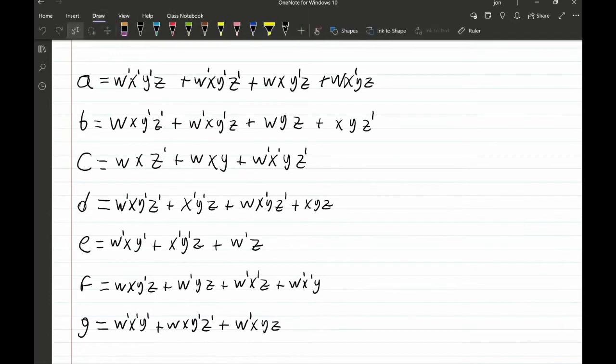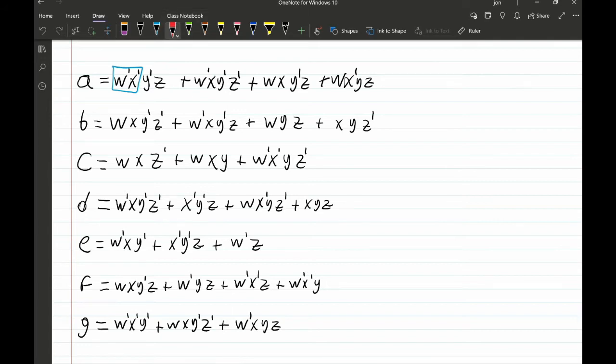So in fact, I'm going to be using some colors here and making some circles to identify pairs, because I'm going to be using 2 input logic gates. So I'm going to be looking at specific pairs, and I'll be checking how often they repeat throughout all of these equations. So let's go ahead and circle the first pair here,